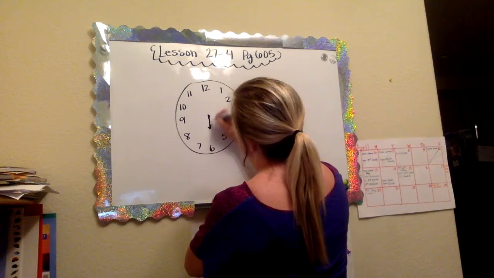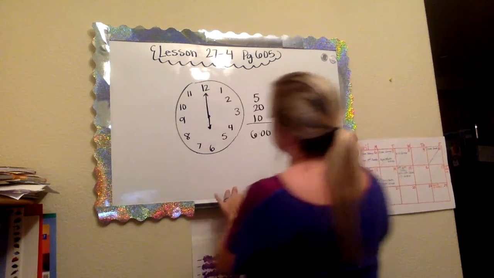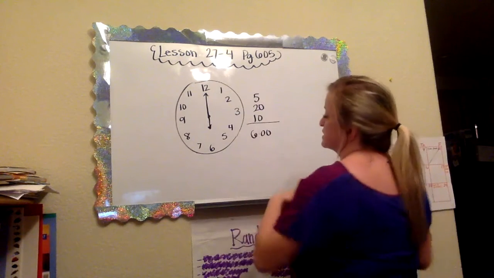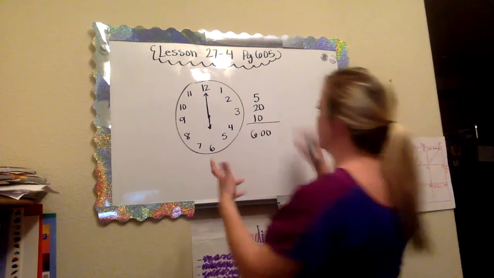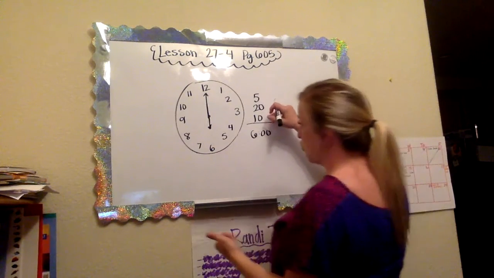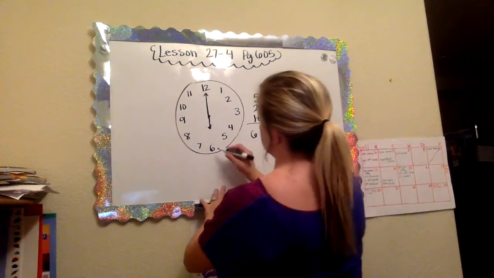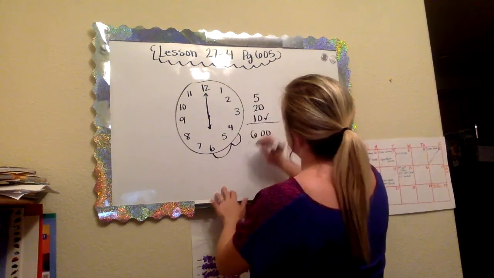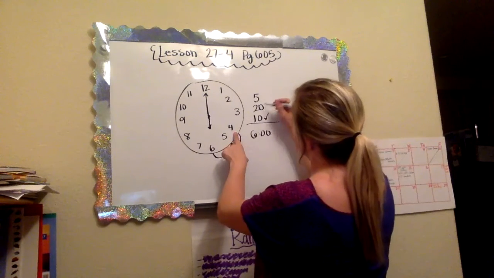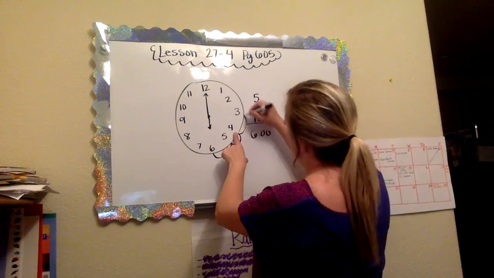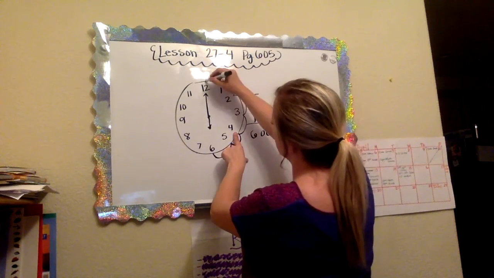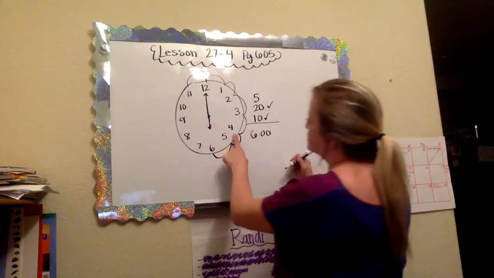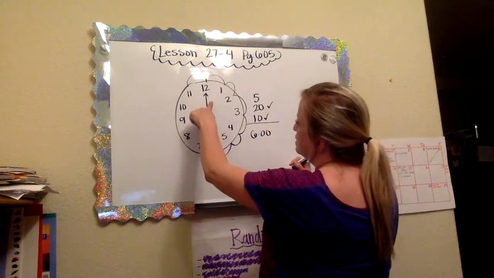So 6 is our end time. Now we're going to subtract from 6 o'clock because that's when he got there. He had done all these things before. So we're going to jump back 10 minutes. 1, 2 for this 10 minutes. And then another 20 minutes, which is 4 groups of 5. 1, 2, 3, 4. Done. And then 5 minutes. So now my minute hand,